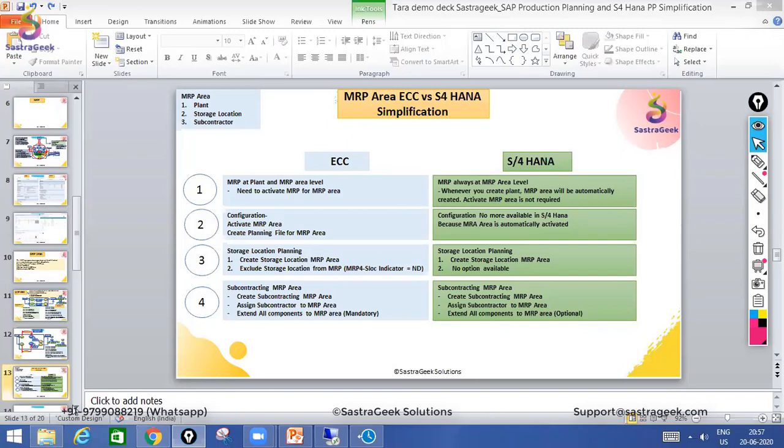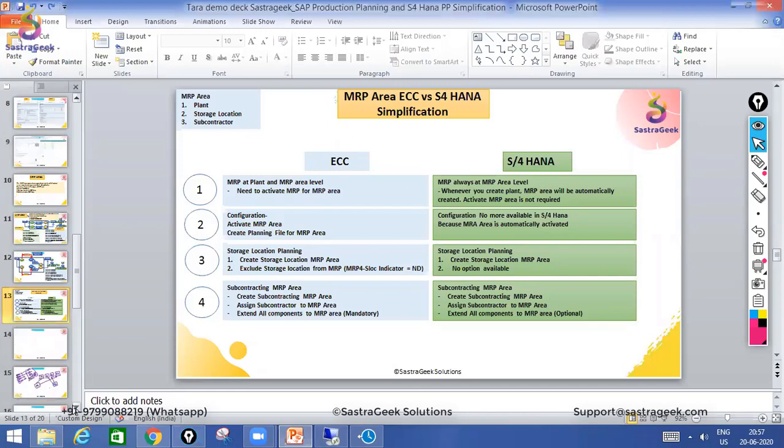Okay. This question is related to excluding a storage location from MRP, before the storage location indicator ND. Yes. I guess if you extend the storage location, then the MRP views remain the same, right? MRP 1, 2, 3, MRP 4. That remains exactly the same. Either you can do ND or you cannot do ND, right? Yes, it can be anything.